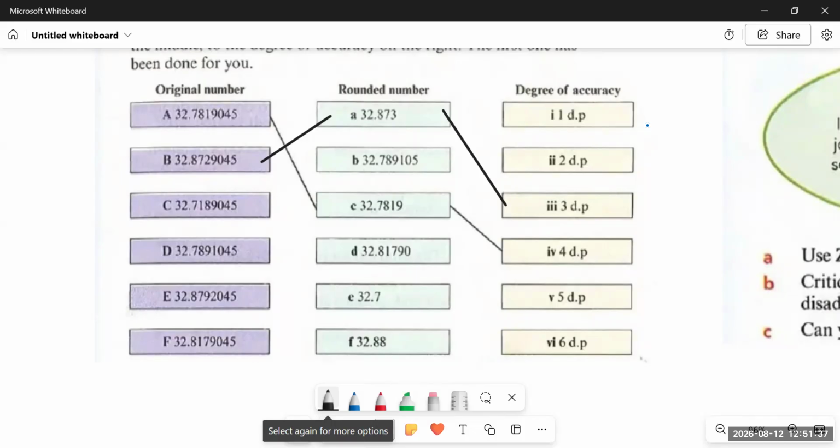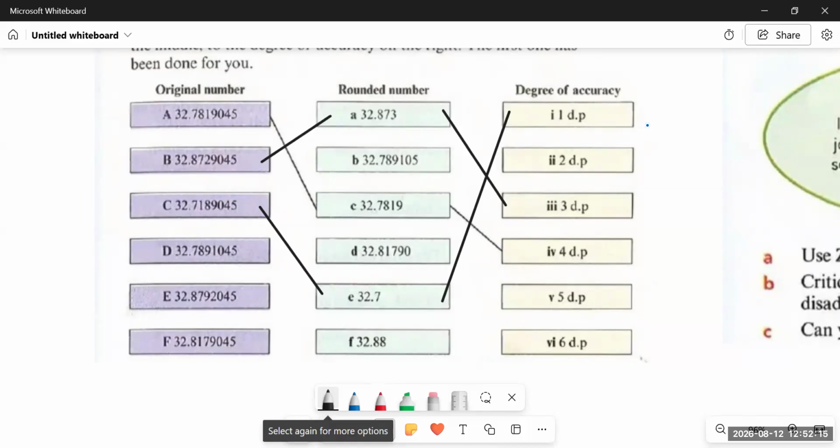32.7189. We do not have 71 in part B. We do not have 71 in part C. We have 7, but we do not have 1 in part D. We have 81. In part E, we have 32.7. So yes, this could be the answer because if we round it to 1 decimal place, the digit next to it is a weak digit. We have 7, 1. So yes, this would be the correct answer. So C matches with E. 32.71 will become 32.7 when rounded to 1 decimal place, and it will be connected with number 1 in degree